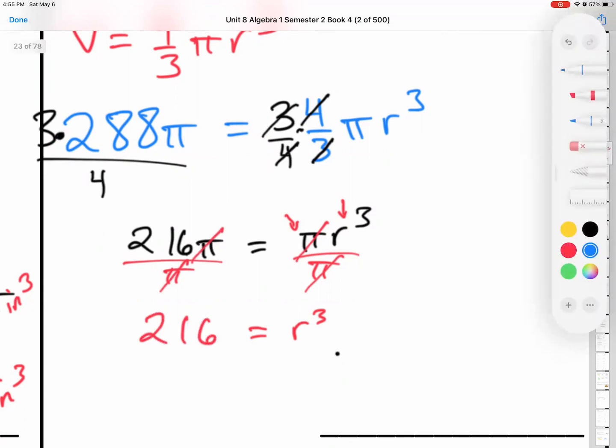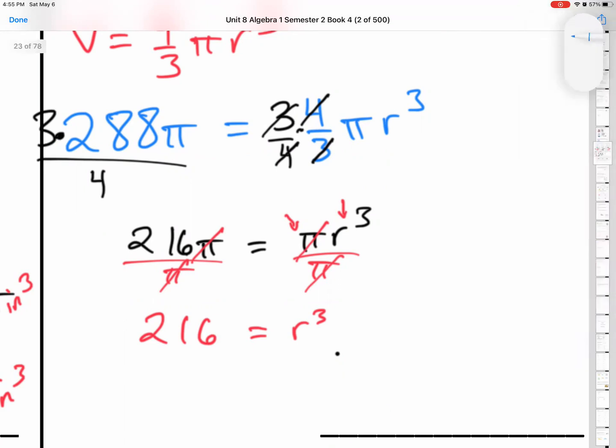Now, lastly, what we have to do is take not the square root, but the cube root of both sides, because we're talking about r cubed, not r squared. So we have to take the cube root. Looks a lot like the square root, but we got this little 3 in front. And we're doing that to both sides. Now what happens is this cube root cancels with this little 3, and then r is all alone and is